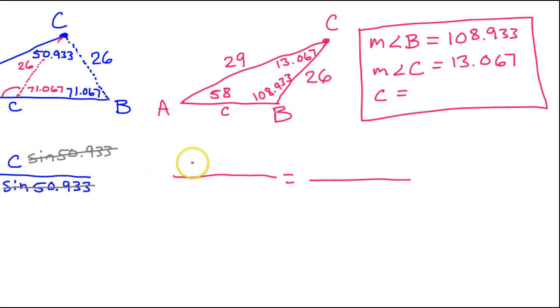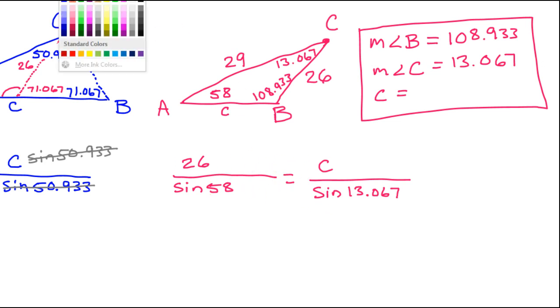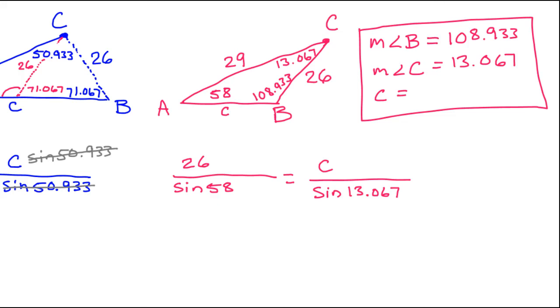So I'm going to put my 26 side A over the sine of angle A, and that will leave me to do side C over the sine of angle C. Okay, setting it up this way, I don't have to cross multiply. All I have to do is multiply both sides by